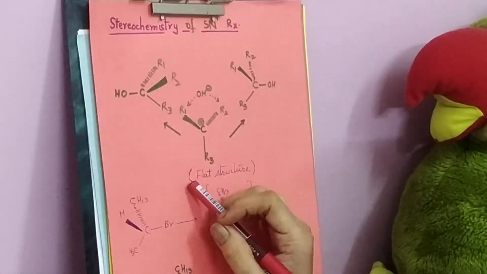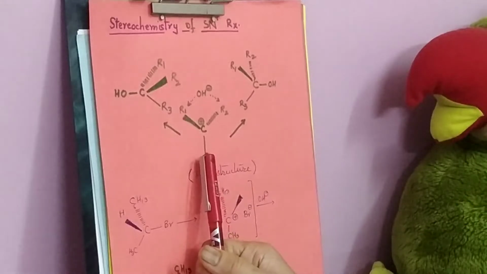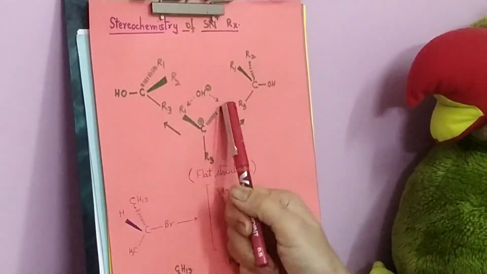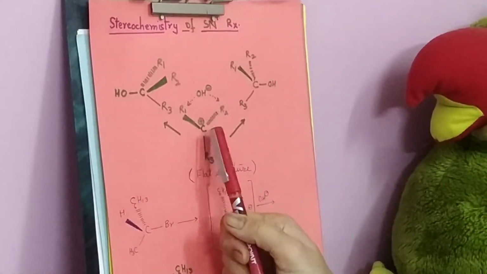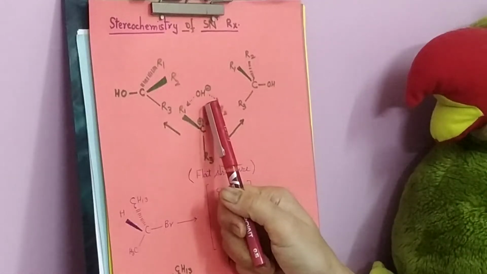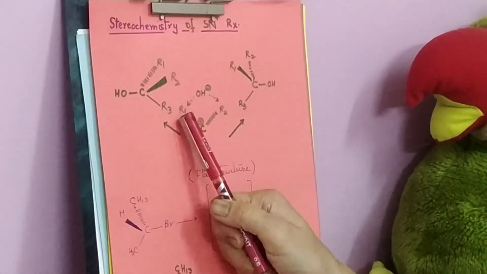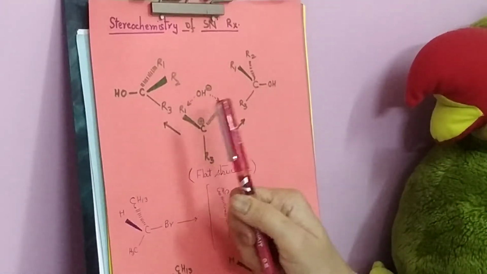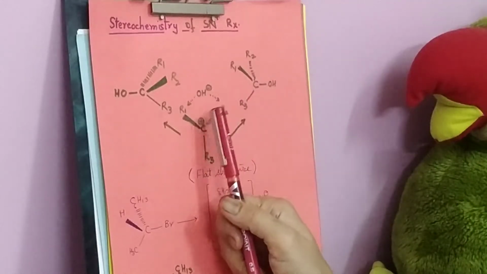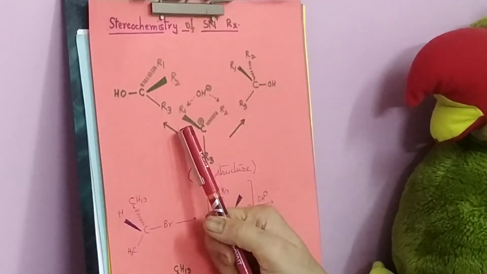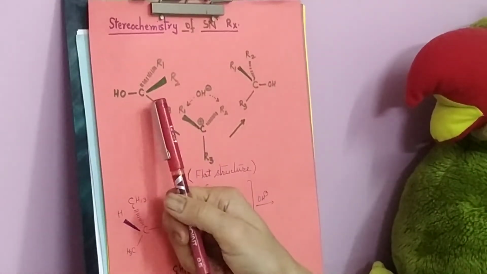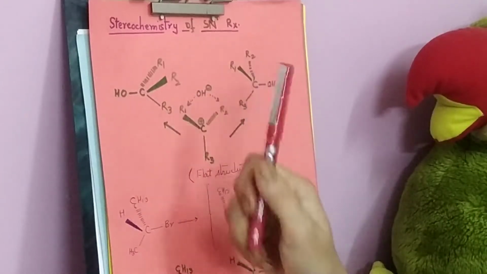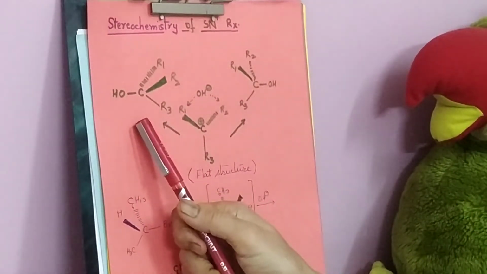You know that the carbocation has a flat planar structure with positive charge here. It is a trigonal structure. Now, when this trigonal flat structure is attacked by the nucleophile, again the example I remind you is that of hydroxyl ion, this can attack the carbocation from both the front as well as the back side. If the attack takes place from the front side, then this will be the product, and if it takes place from the back side, then this will be the product, which means what?